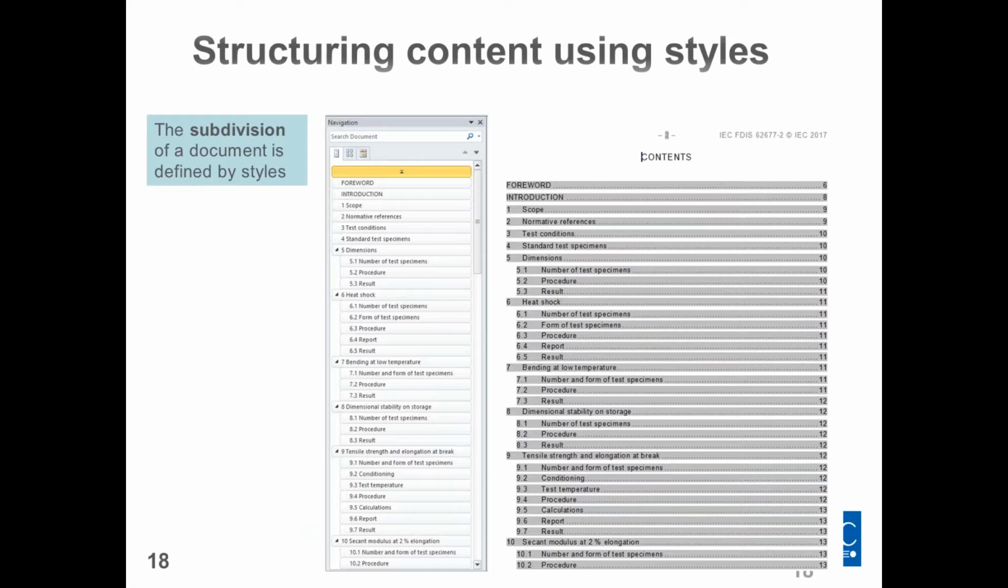Styles also bring structure to a document by assigning an identity to a word or paragraph in the text. So a good example of this is the terms and definitions. We have very specific styles for terminology. And